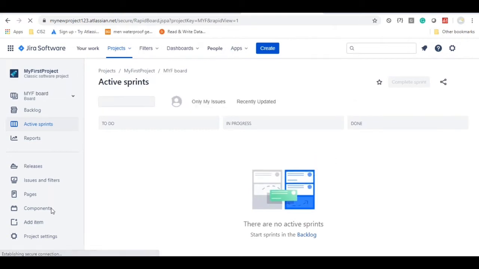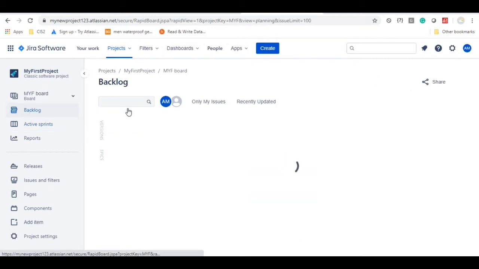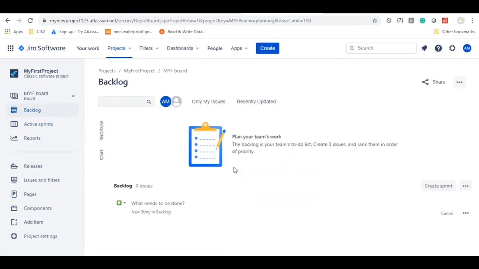So this is the main window, and this is the backlog page where the product owners are going to be adding all their product backlog items or user stories, I can say. In the same place, we are going to do the planning as well. I'm going to explain that in detail in a couple of minutes. Please go ahead and register for this tool now.